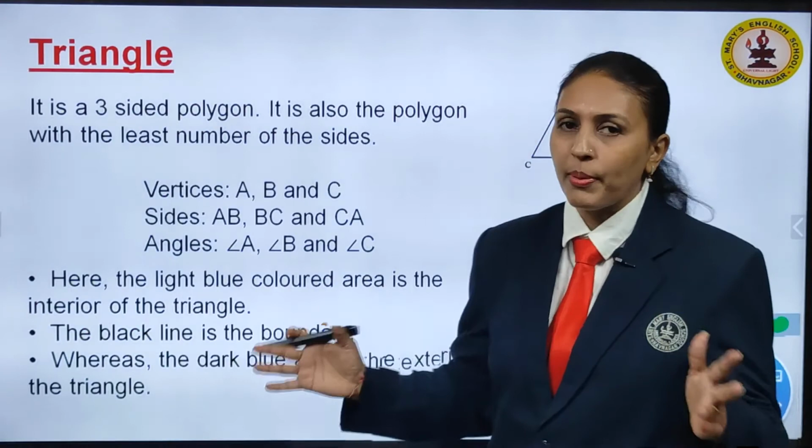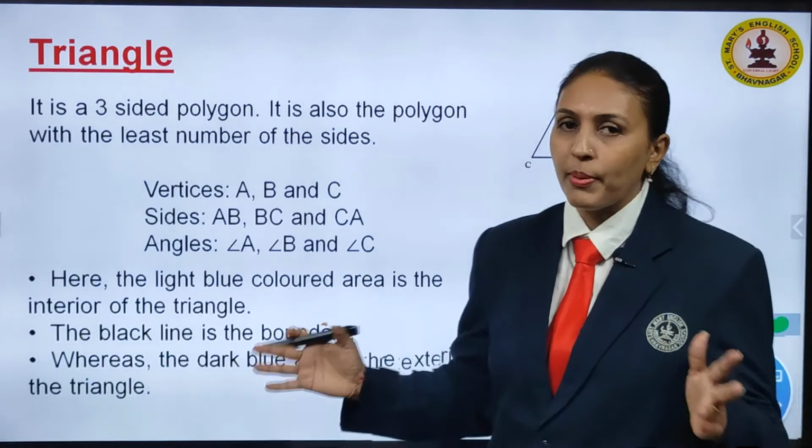Now, what are adjacent angles here? We have adjacent angles also. Adjacent angles are those that are next to one another, that is angle A and angle B, angle B and angle C, angle C and angle D, angle D and angle A. These are the pairs of adjacent angles in the given quadrilateral. Now, let us see, children, what is next.